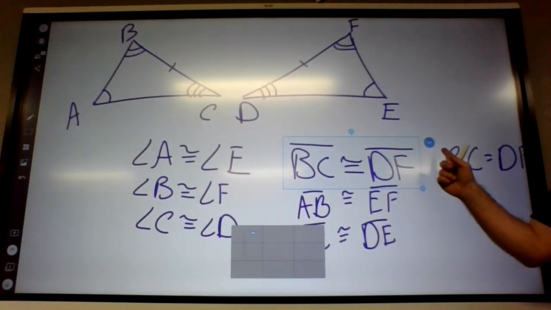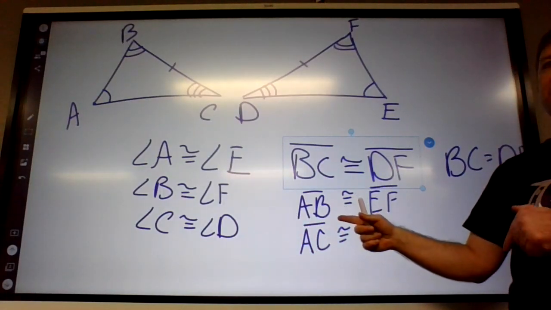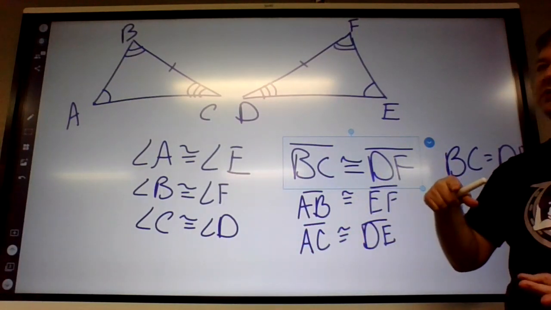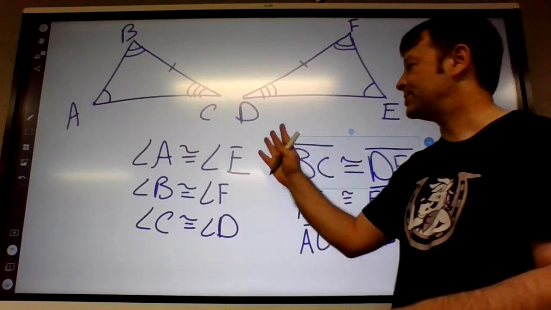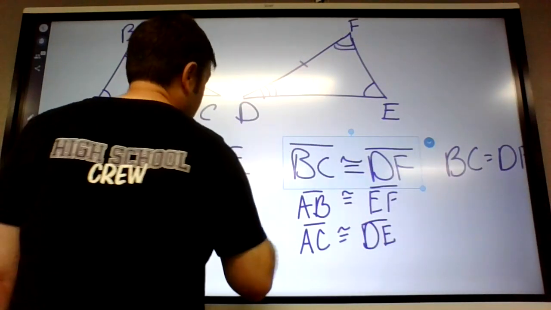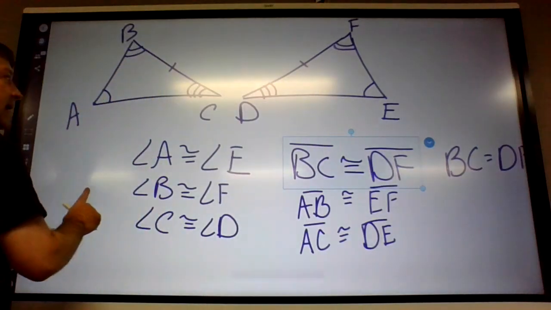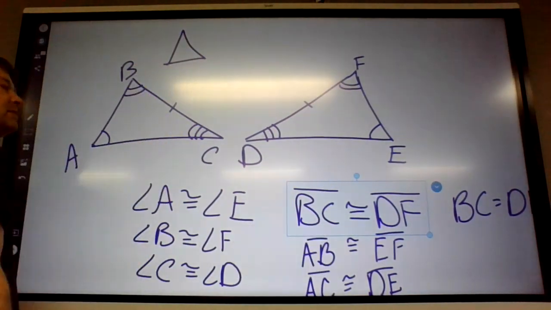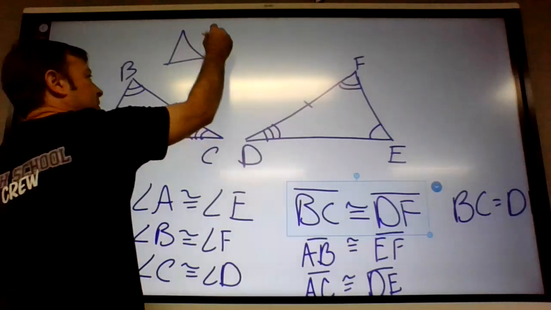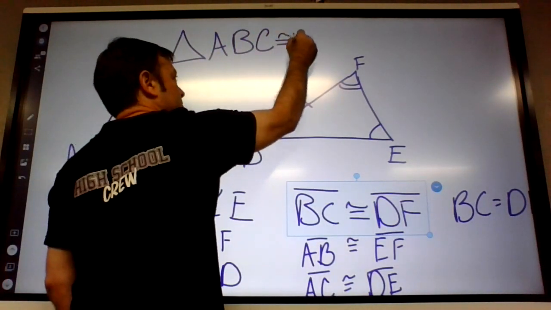All right. So if all 6 of these facts are true, then the triangles are congruent. Or you could say it backwards. If the triangles are congruent, all of these things are true. So 6 pairs, 3 pairs of congruent angles, 3 pairs of congruent sides. And how would I say the triangles are congruent? Well, there is a triangle symbol. So if I said triangle ABC is congruent to triangle,